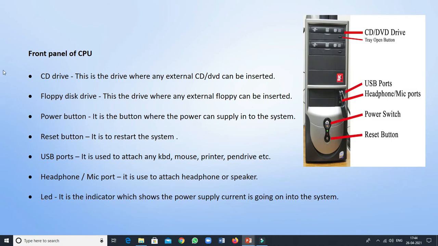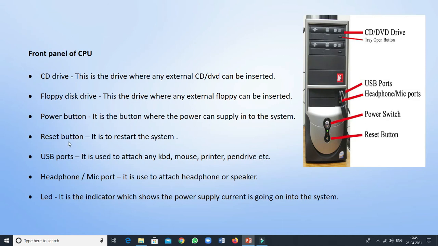See the CD drive: this is the drive where any external CD or DVD can be inserted. And the floppy drive is the drive where any external floppy can be inserted. And power button means what? It is the button through which power is supplied to the system.